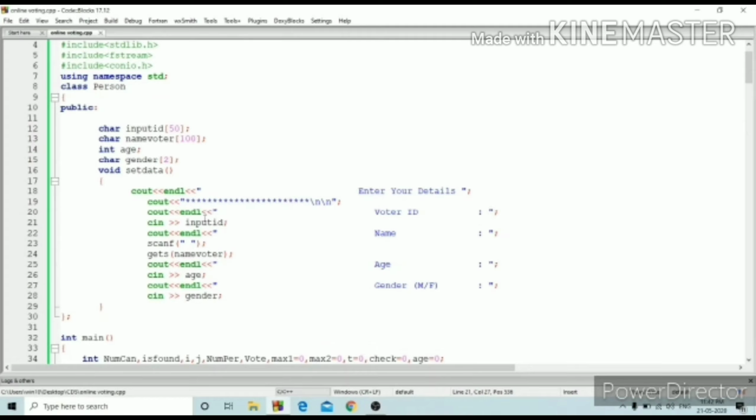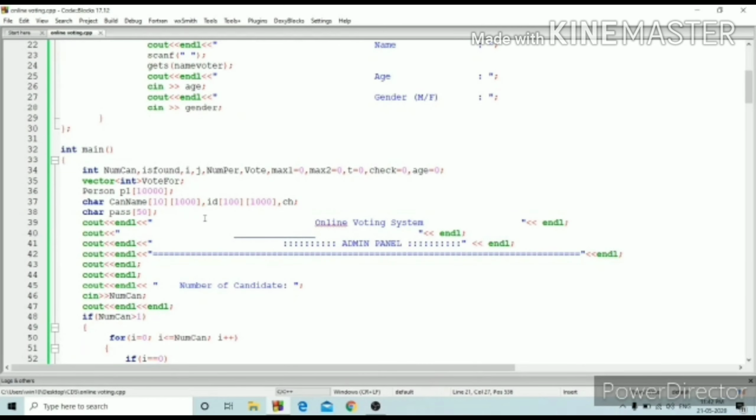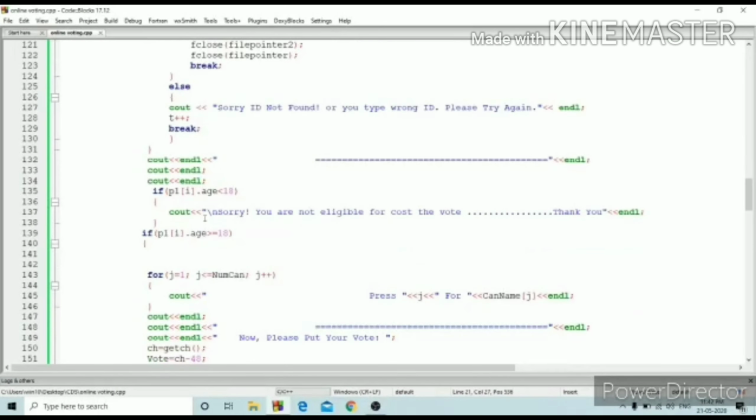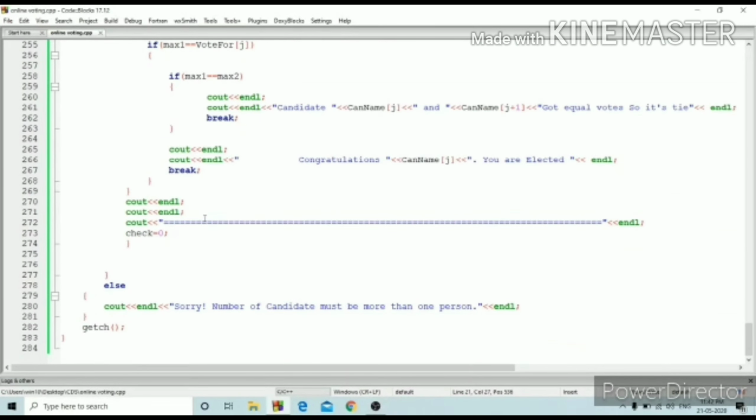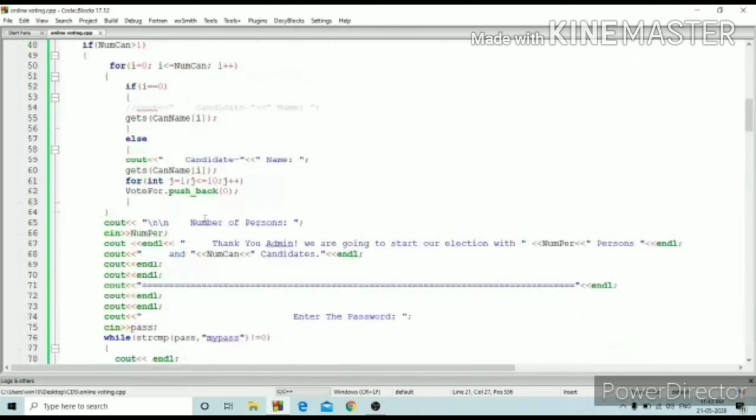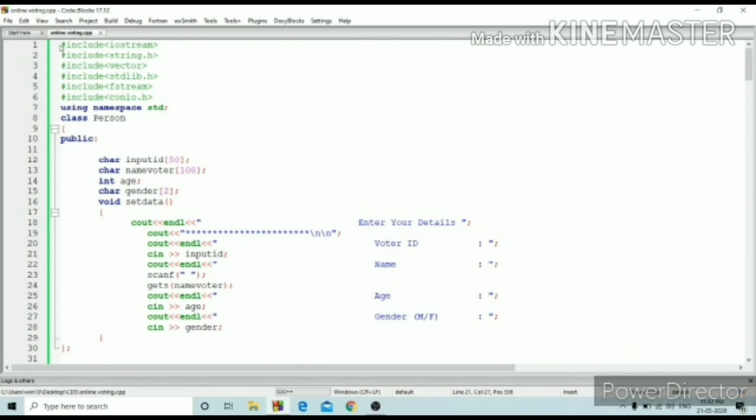So this is my complete source code of my project. There are 284 lines in my project, and in lines 1 to 6 we use some header files which have definitions of functions and variables.